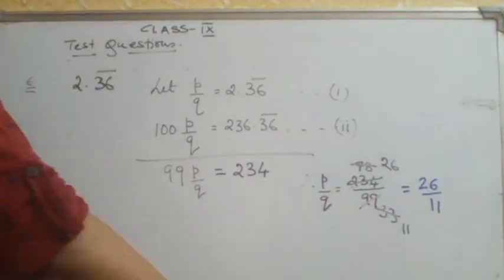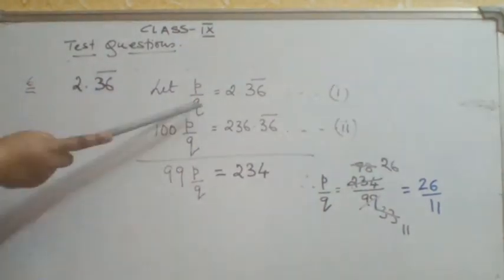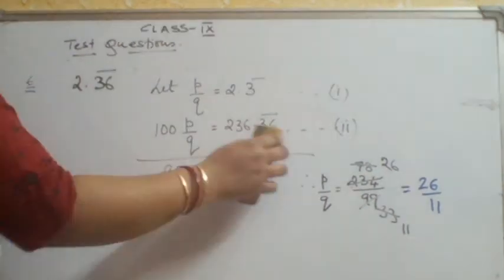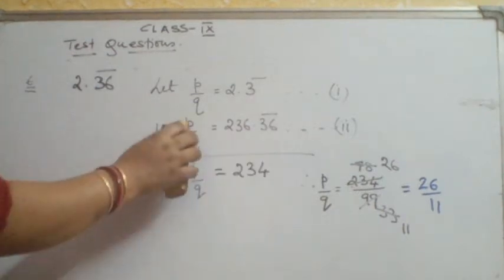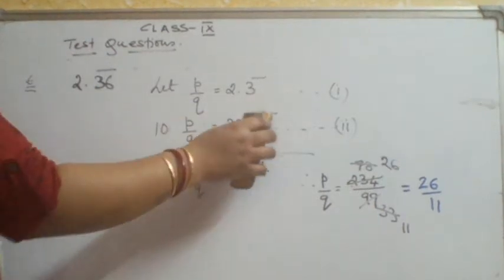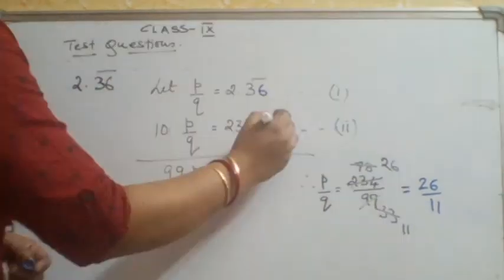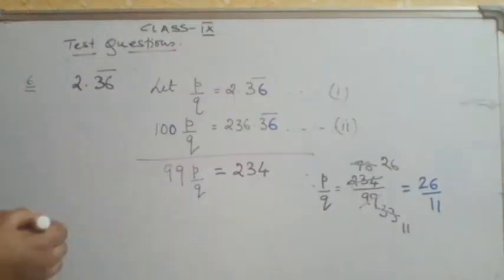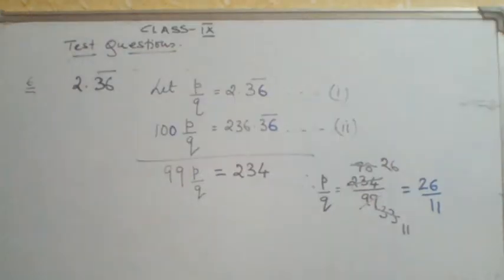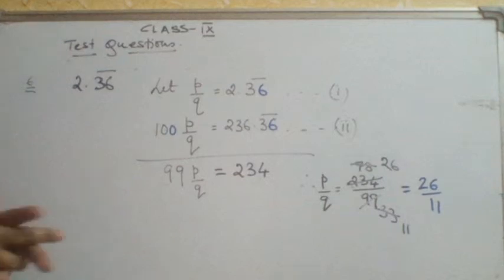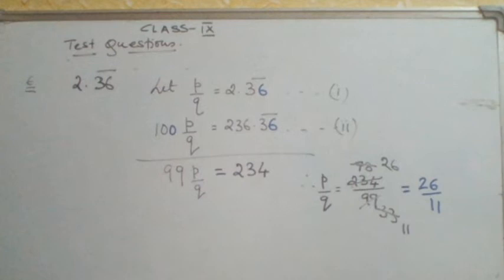This is P by Q because two places are repeating, so we divide by 100. If it would have been just 3, then we would have multiplied it by 10, and in this case this will be 23. I will do some questions like this because I find some of you are facing difficulty in solving this type of question. I think Smriti, you have asked me for this question only, how to convert non-terminating repeating decimals into P by Q form. I will take a few more examples of this type. We have discussed question number 6.